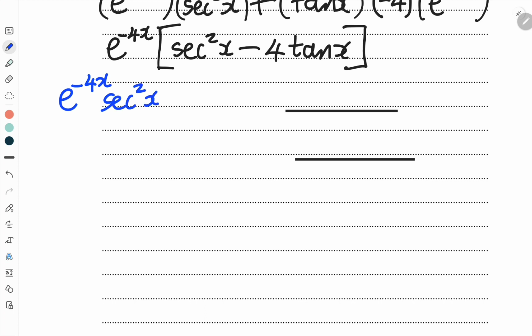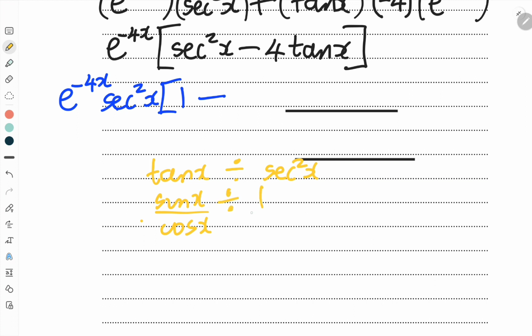Sec squared x now goes outside. Sec squared into sec squared, we get a 1, minus sec squared into tan x. So now for this one, we are saying that's tan x, which is being divided by sec squared x, of which we know tan is sine x over cos x,